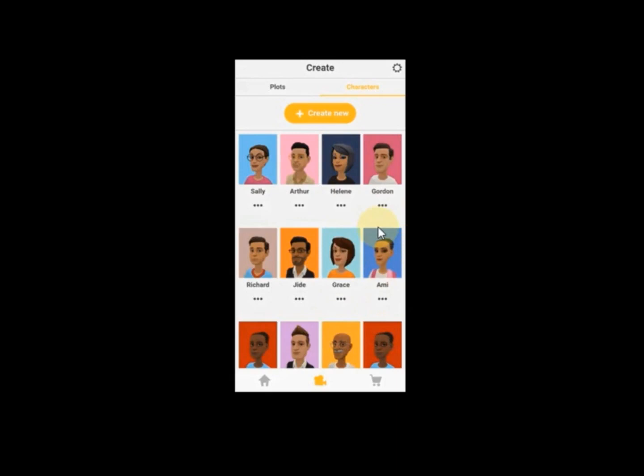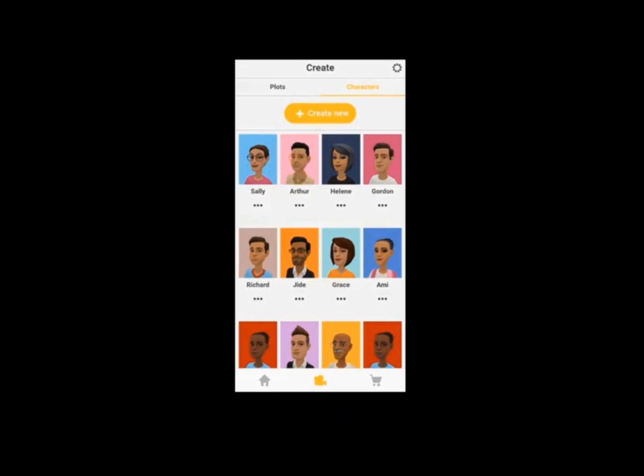They are characters that you can modify to suit your own type of character, and you can also name it. Now when you click on a particular character like Sally, or Otto, any of them, you click create.